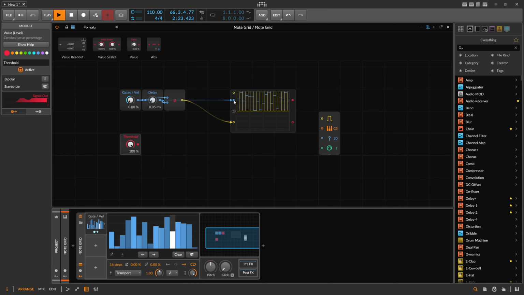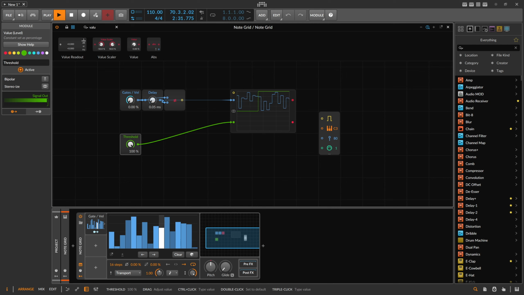So we have here these values coming from the step mod, right? Bring this in. So we have here 1, 0. We want to use this as a threshold, and only these values that go or exceed this green line we want to use as a trigger. And the more we go up, the less bars or steps we actually get, because not all steps are bigger